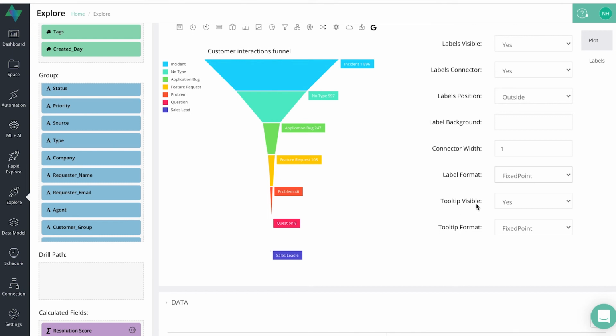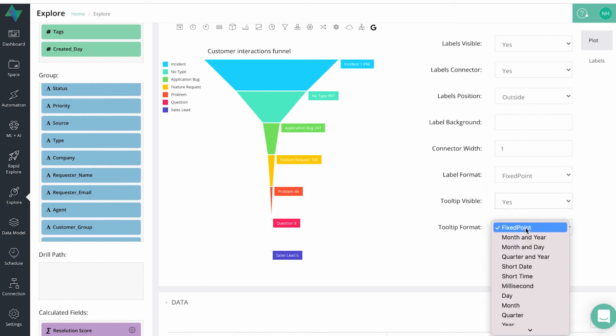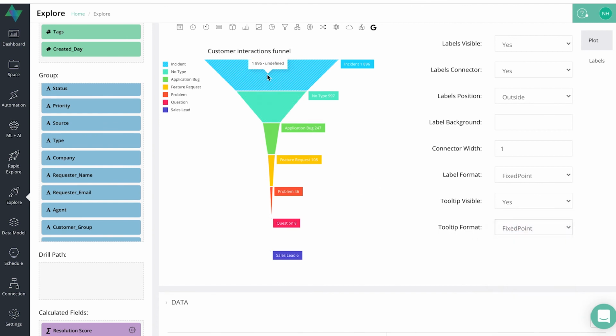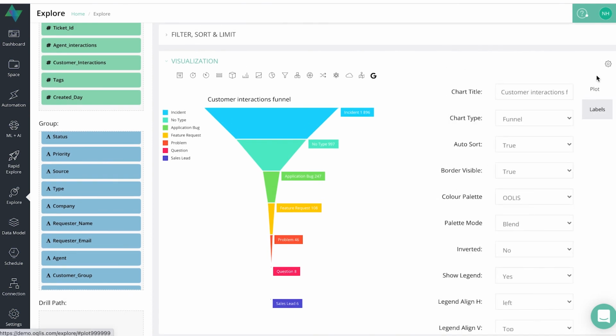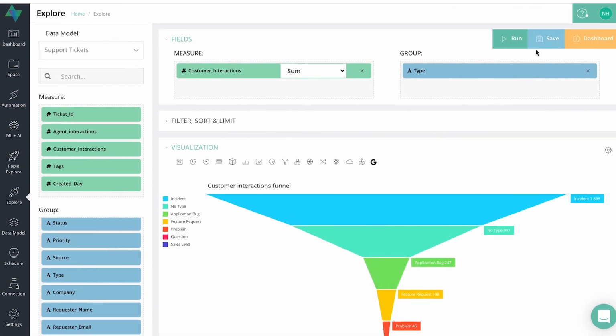You can also select if the tooltip should be visible or not. So if you hover over a specific section, it gives you a tooltip with the actual number and the group by attribute. So you can change that to no, and it doesn't show. So I like it, keep it on yes. And tooltip format, you can also choose a specific format for your tooltip if you don't like the current way. And that's it. So remember to close your settings, save the Explore,